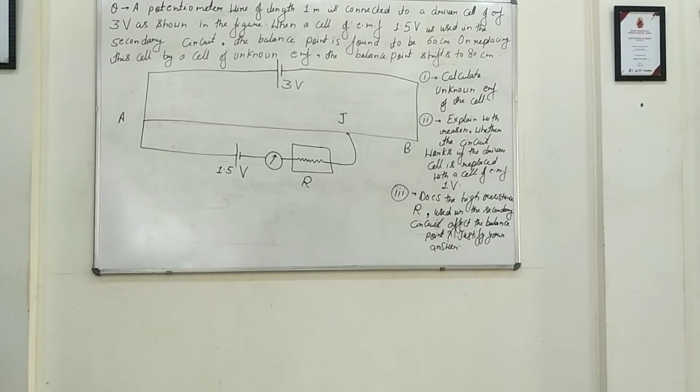Okay, so this is the third question. Here we have a diagram and a lengthy question. The language is too long. A potentiometer of wire length 1 meter. So this is the 1 wire potentiometer,